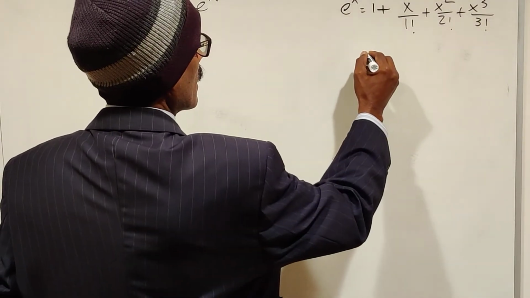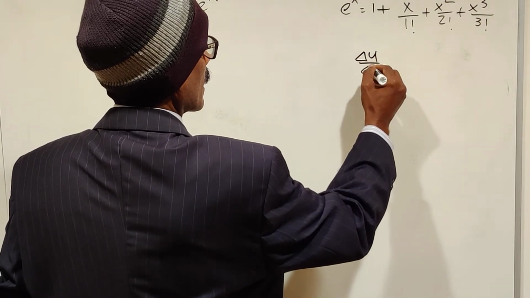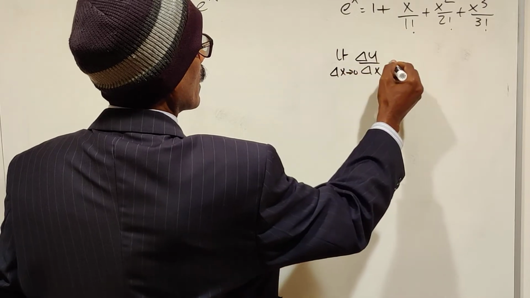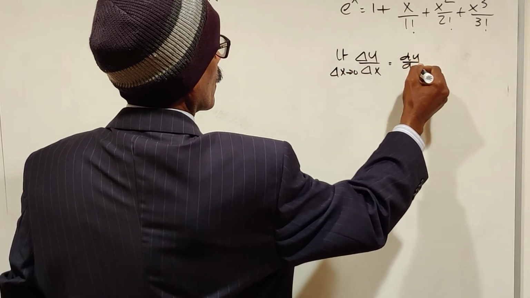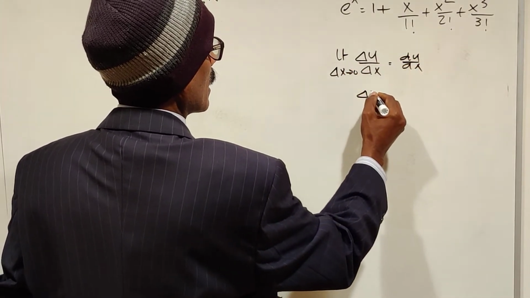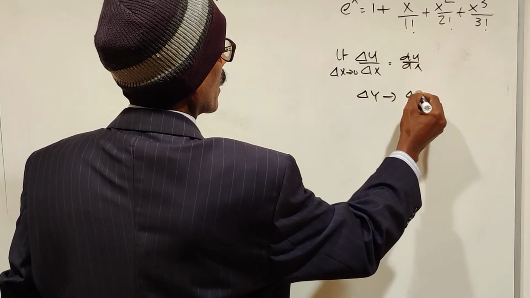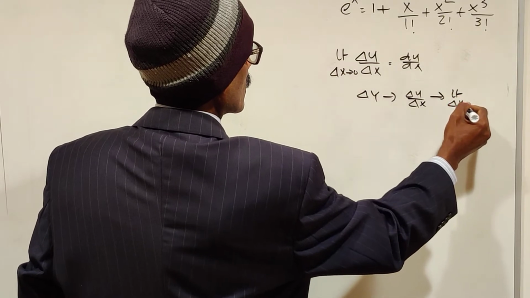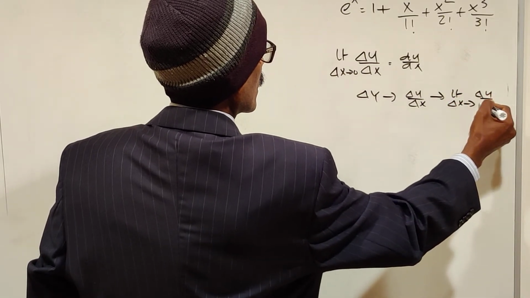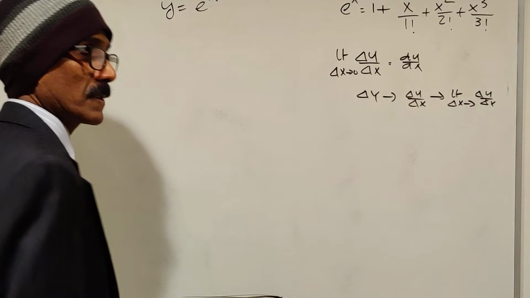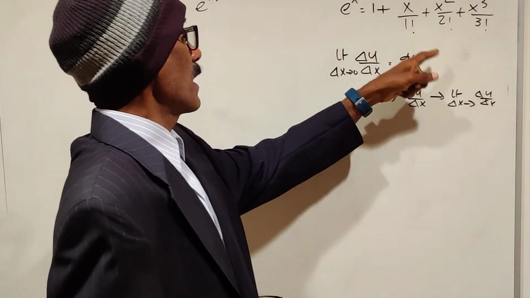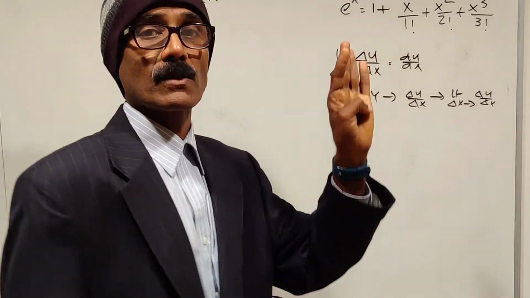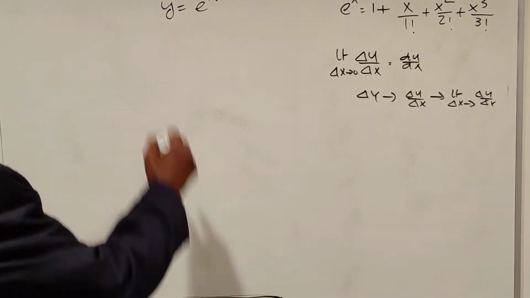That is delta y by delta x, limit delta x tends to 0, that is dy by dx. First we need to find delta y, then delta y by delta x, then limit delta x tends to 0 of delta y by delta x. These are the steps. This is the definition: limit delta x tends to 0, delta y by delta x equals dy by dx. Okay, first